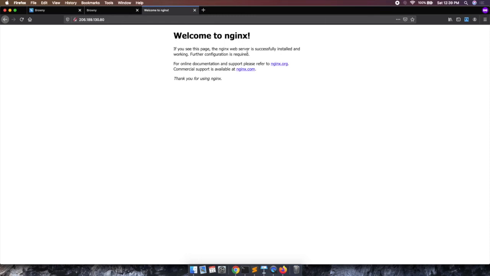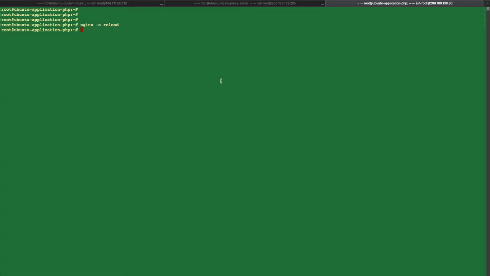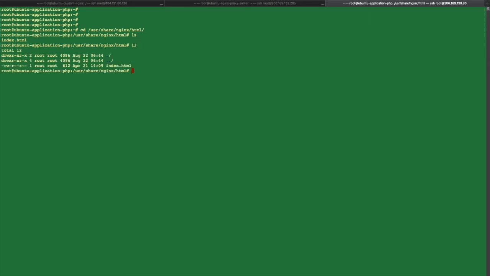So what I need to do is create the index.php page as well. For this, I will go to the terminal and go to the location cd /usr/share/nginx/html, then ls. Over here you have the nginx HTML file. This is the file which is basically served whenever you hit your IP. Over here we are going to create a PHP file. So put ll. The file permission is read and write, right?